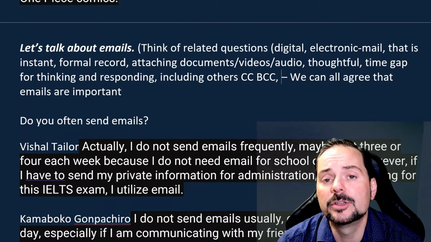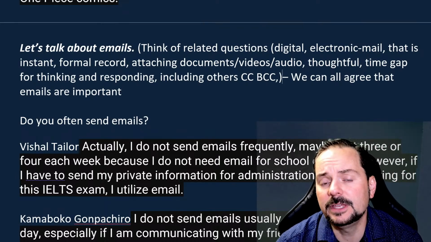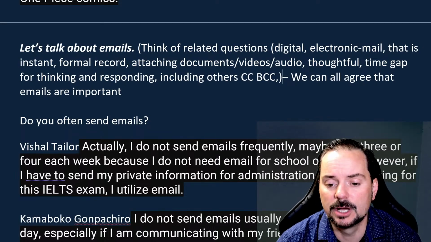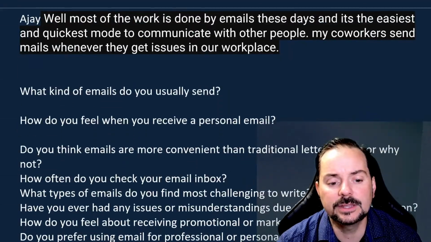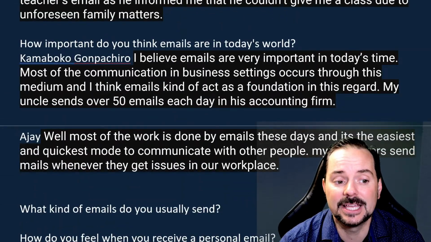Right? You can include others, CC, BCC. So when you get this topic of emails, all of this should come to mind. Okay, all of this should come to mind. So when we get this question of how important do you think emails are in today's world, this would be